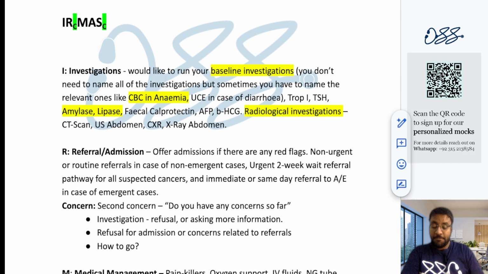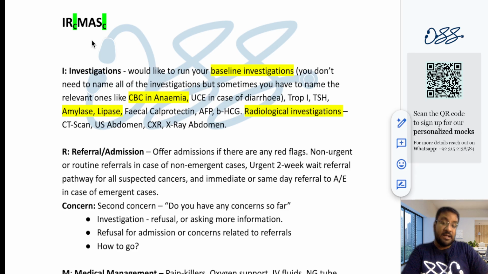The examiner may just give you the full blood count results showing an extremely low hemoglobin, maybe a hemoglobin of 40. Such a hemoglobin should raise suspicion in your mind that this is a severe case of anemia. Instead of referring the patient and considering it an elective case, it may become an emergency case. So sometimes investigations may be handed over to you during your consultation, and you need to keep an eye out for that as well.